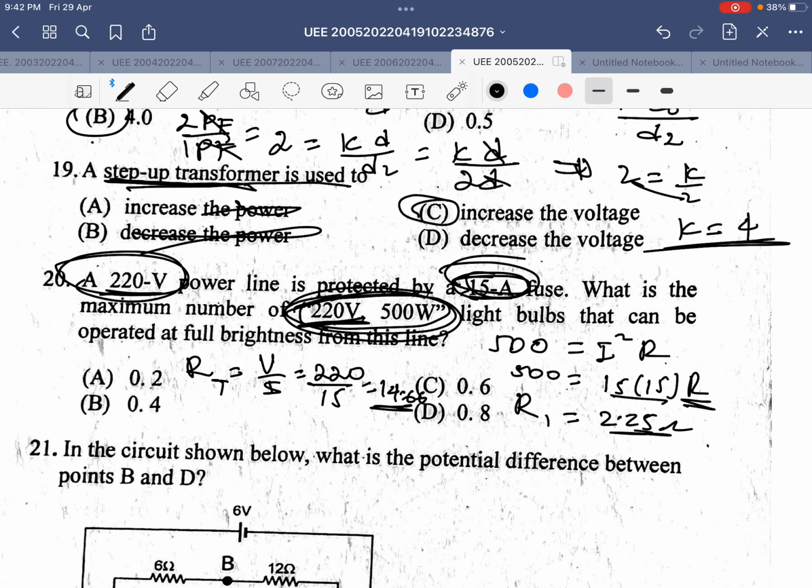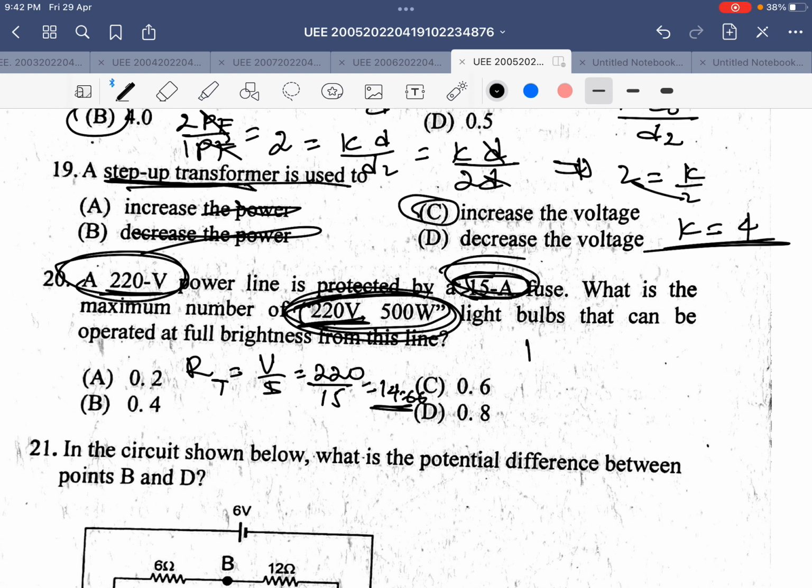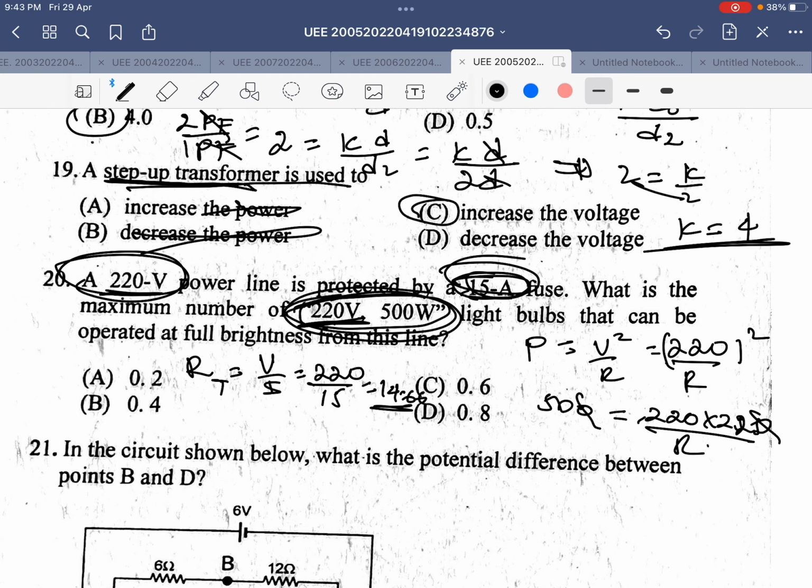ኦኬ እዚህ ጋር ግን አይ ስኩዌርድ አር ከምንል ቪ ስኩዌር ኦቨር አር ብለን እንስራ። ከይቅርታ ጋር እንደገና ይሄን እንሰራለን። ፓወር ኢዝ ኢኳል ቱ ቪ ስኩዌርድ ኦቨር አር፣ ቪ 220 ነው። ፓወሩ 500 ነው። 500 ኢዝ ኢኳል ቱ 220 ሲባዛ በ220 ኦቨር አር ነው። ዜሮዎች ይጠፋሉ። አር ማለት የአንዱ አምፖል ማለት ነው። አርዋን ኢዝ ኢኳል ቱ 5 ኦቨር 22 ሲባዛ በ22 ነው የሚሆነው። 22 ሲባዛ በ22 ሲካፈል ለ5 ስለዚህ 96.8 ይመጣል።